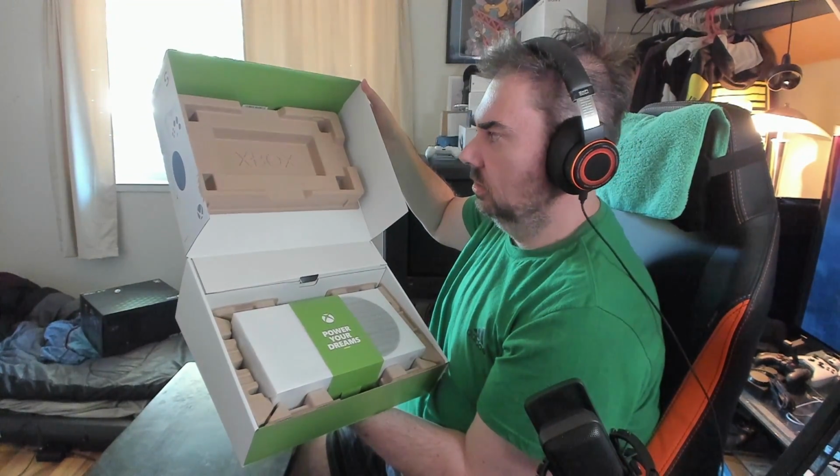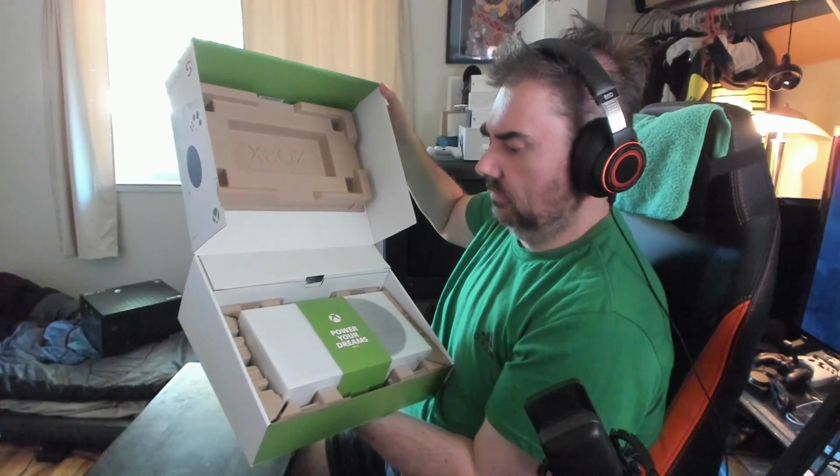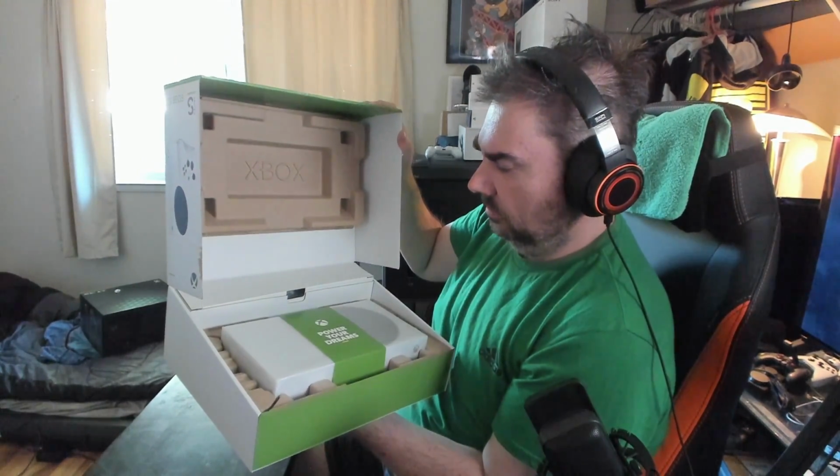Holy shit, this thing is small. Why does this box layout remind me of a fast food box? I've never bought a Crave. What is it called? A Crave box? The Crave case. Crave case. I've never actually bought any of that for whatever reason. This just reminds me of like there's gonna be a 3-bean burrito in there. Oh man, that'd be great. I'm starving. This similar layout, I guess, sort of. But